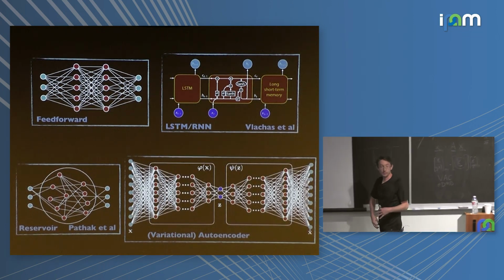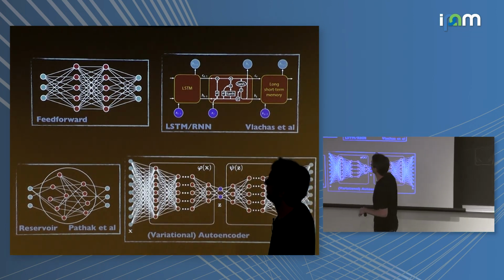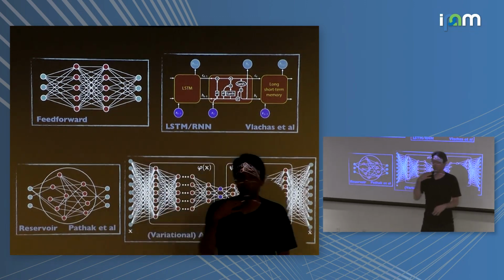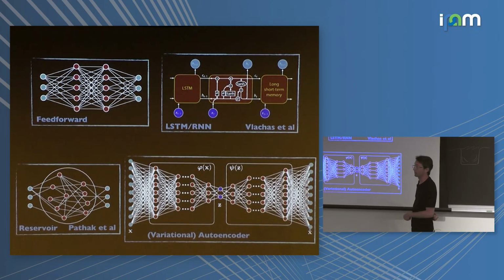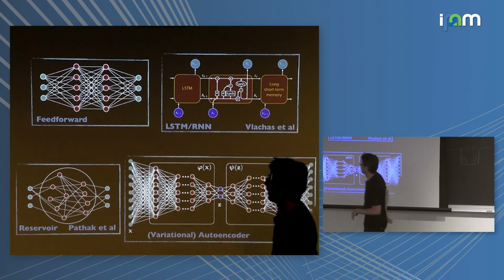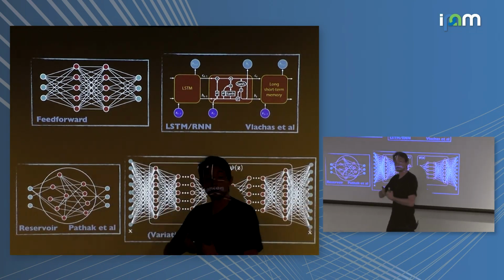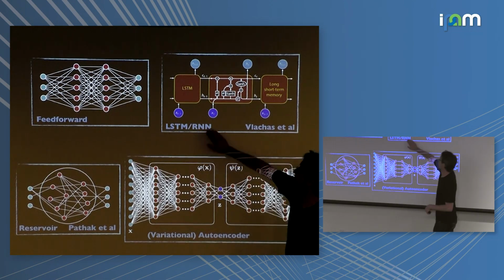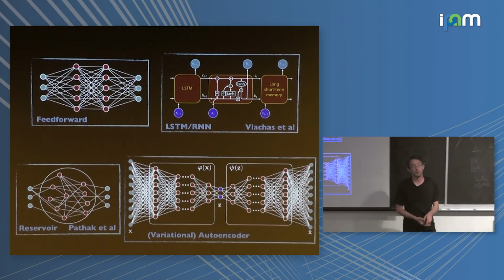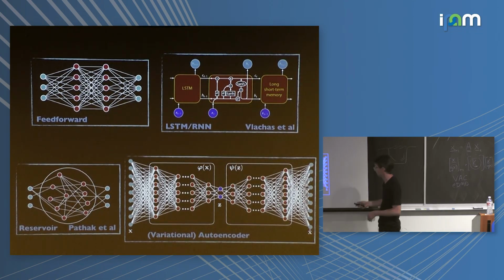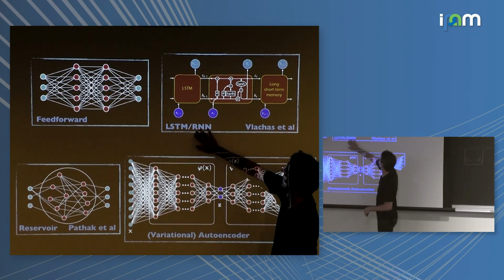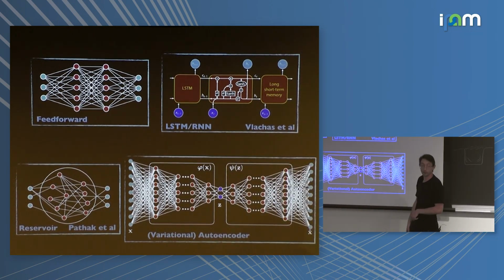There are other architectures, and I'm only showing a couple of the ones that have been used. Reservoir computing is a very popular method now for simulating dynamical systems. There's been a lot of evidence that these can do a really good job of capturing even very chaotic dynamical systems for a surprisingly long time. Recurrent neural network architectures, like what Frank mentioned, seem very natural for simulating dynamical systems. Dynamics are characterized by feedback at multiple timescales.